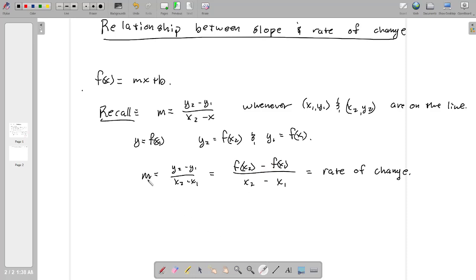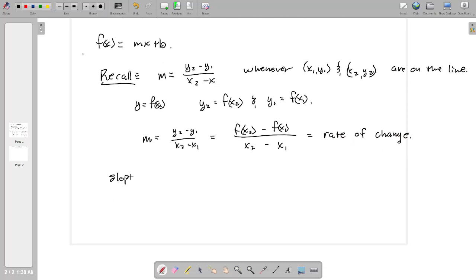So we end up with the slope of a line is equal to the rate of change of the same line. So m is both the slope and the rate of change. And this should make sense. When we have the equation of a line,